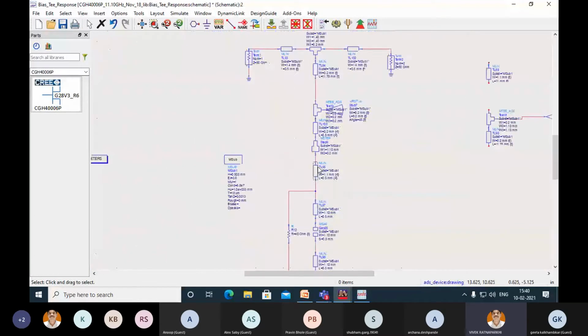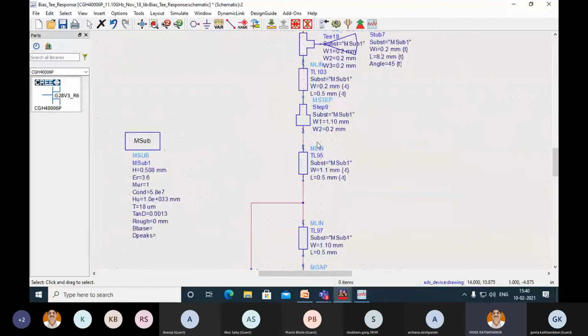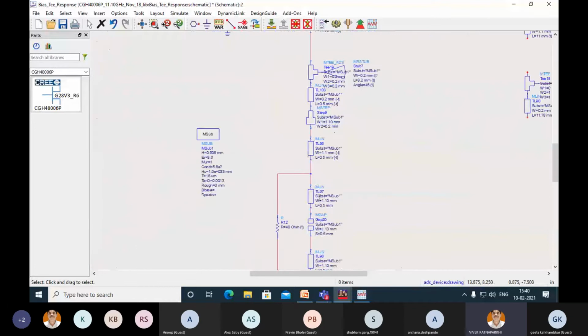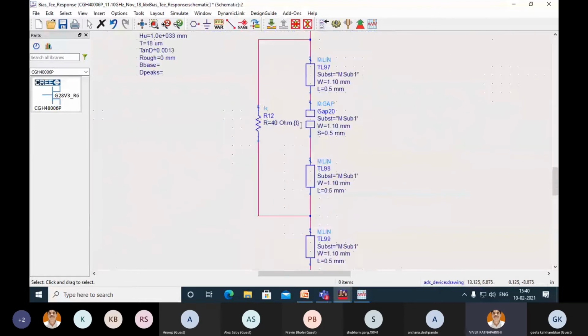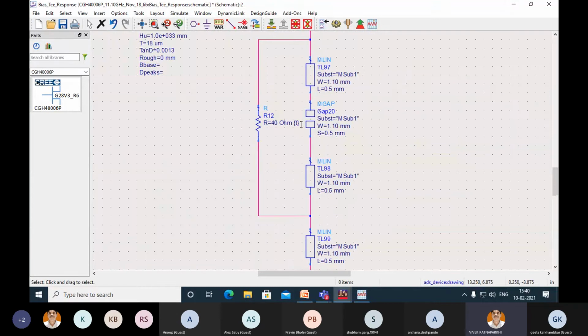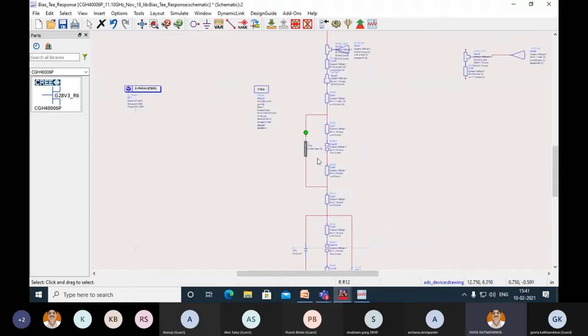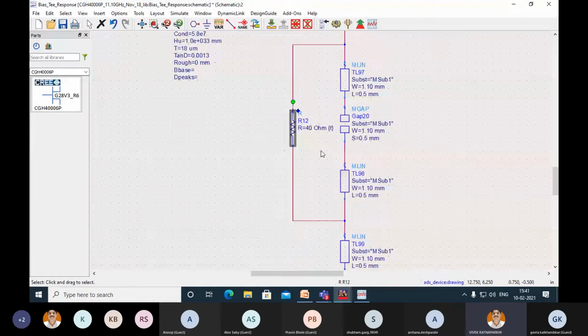And then we have some transmission line sections just to extend the length, and we have to insert one resistor in between to improve the stability, because this transistor is not unconditionally stable. To make it unconditionally stable, I have used one resistor in the gate line whose value is 40 ohms, and another combination, a resistor and capacitor in series with the gate, that I will also try to demonstrate to you.